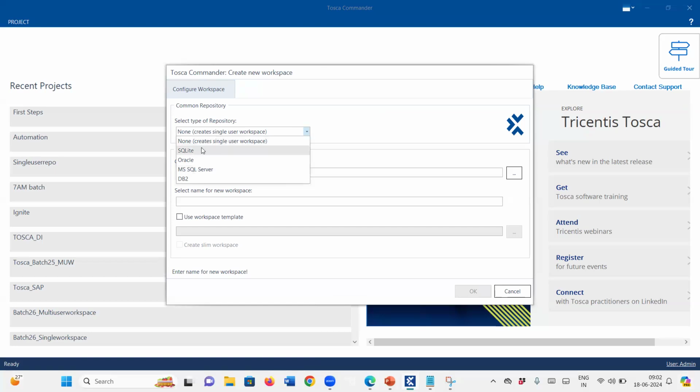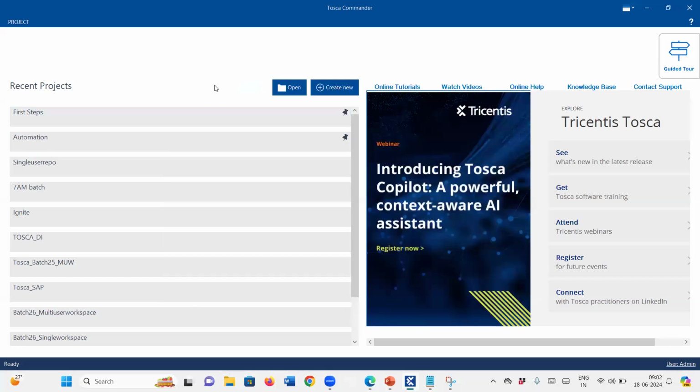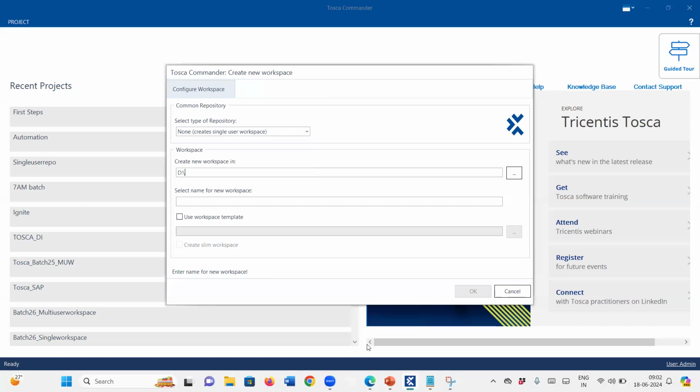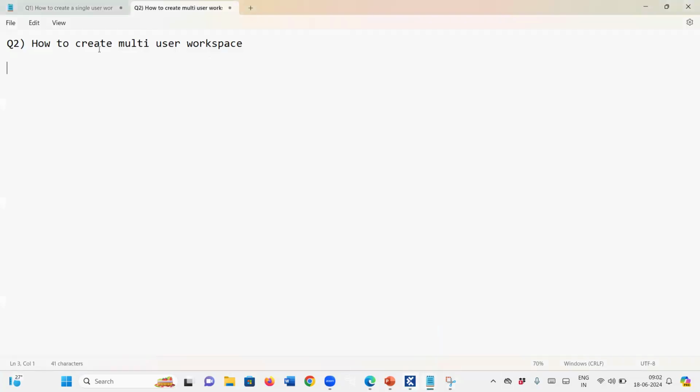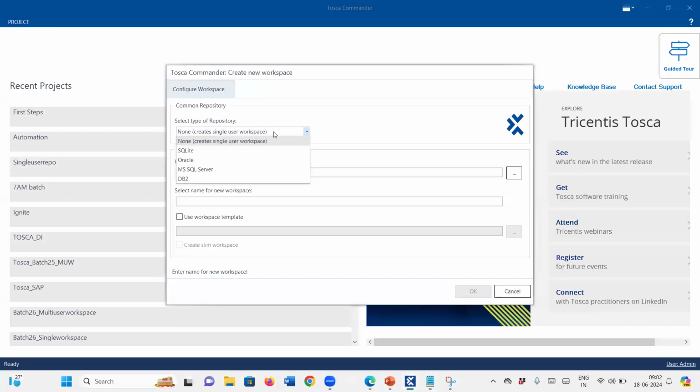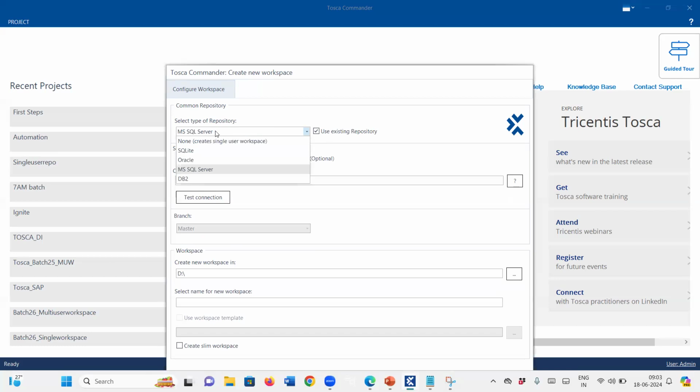In the same way here, in order to create a multi-user workspace, you need to go for either SQLite, Oracle, MySQL, or SQL Server database. In our real-time project, if somebody asks what kind of workspace you have used, you need to tell them we have used a multi-user workspace. Then they will ask what is a multi-user workspace and how to create it. Based on your database, in our case SQL Server,